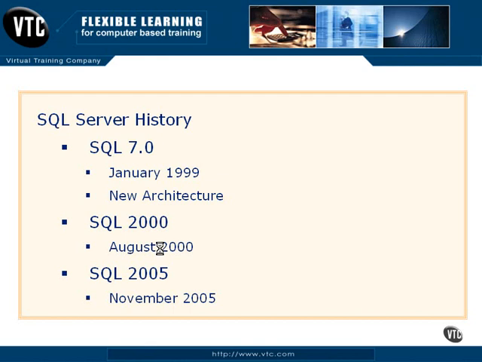Now, one thing you need to understand from a DBA standpoint, you want to see your users or your environment at least on SQL 2000. As soon as possible, of course, you want to get to SQL 2005 for some of the new bells and whistles and tools and stabilities and so forth. But the farther you go back from SQL 2000, the more issues you're going to have with backward compatibility and stability and so forth. So that's why I wanted to give you this history. If you hear someone say 6.0, 6.5, some bells and whistles need to go off.